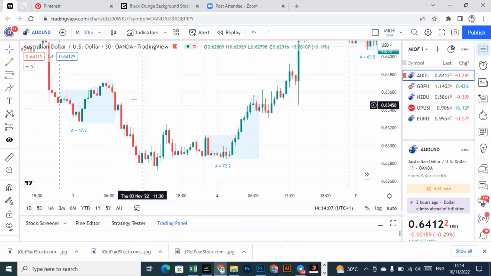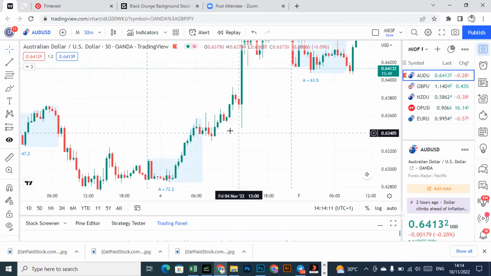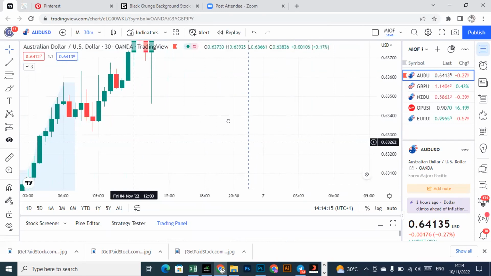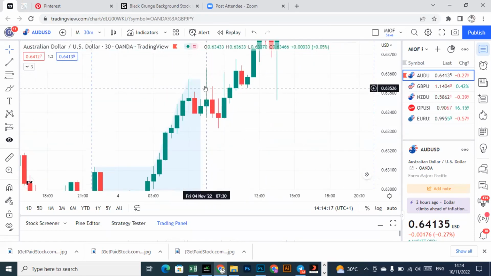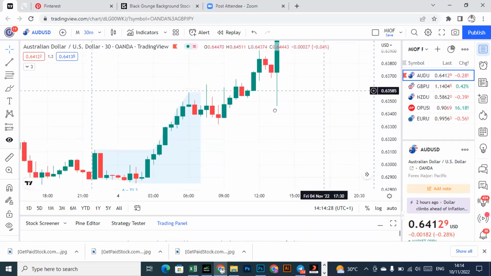You will not see setup. I know some people will be like, what is going on? Okay, so this is 4th again. Okay, let's check this candle. We have Asian high taken here. And this is 7:30. So this is not a close. This is the last bullish candle. So this is not close.